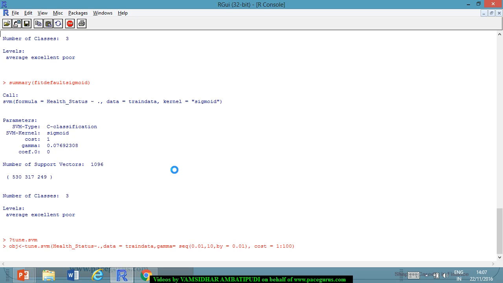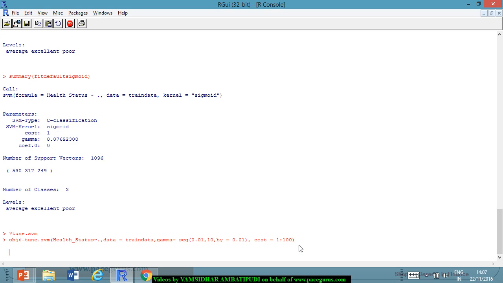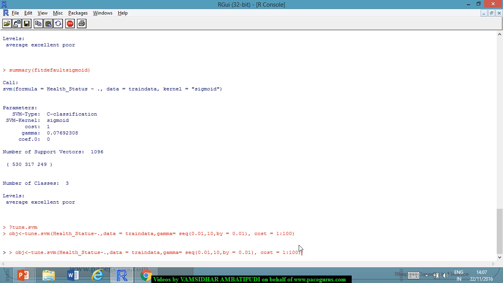Normally it's taking too much time, because we have almost 1,000 different values of gamma to be tested, and probably 100 different values of cost to be tested. It looks quite heavy. So let me see if I can cut the model down here. For your understanding, let me change the gammas from 0.01 to 1, incrementing it by 0.05, and cost, instead of taking it from 1 to 100, let me take it from,